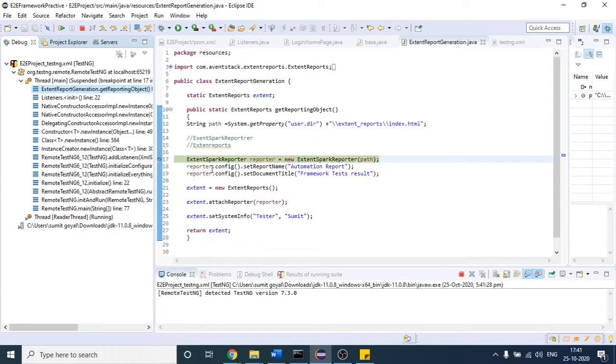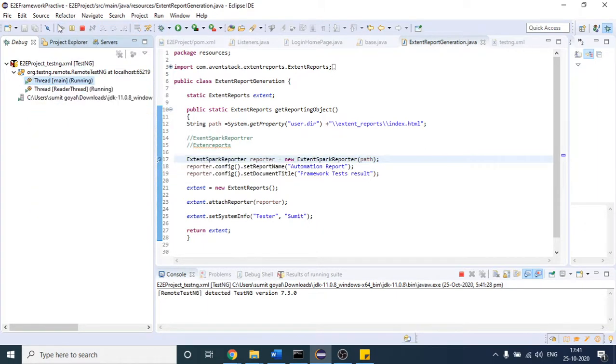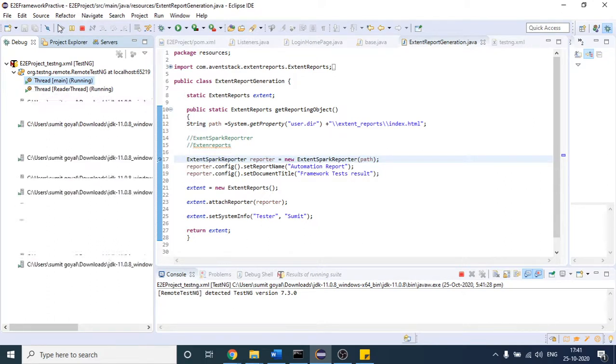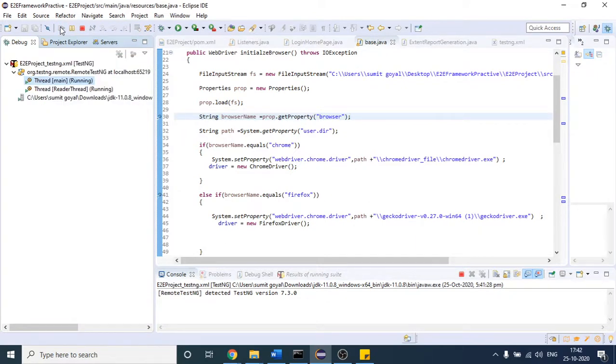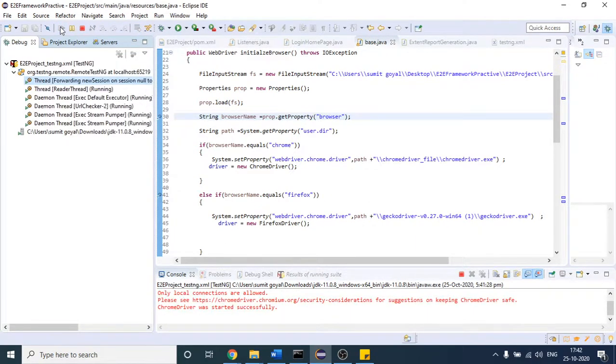Okay, so as of now we are here again. So this time I will just click on this resume button, right? So it will just stop where it finds the next debugger. So click this. Okay, so we came to this one as of now. So again, if I do like that, I think this time we should go to that on test start method of the listener because our test case is just starting.